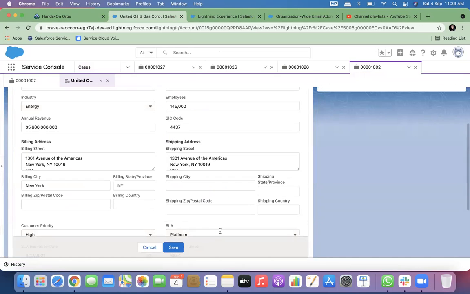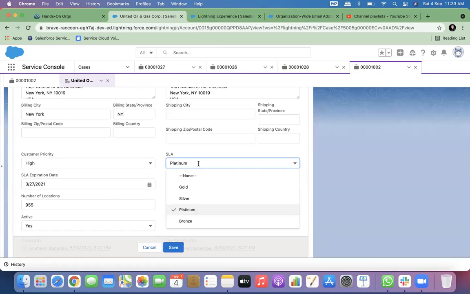So you tell what kind of customer this is. Does it need a gold service? Does it need a platinum service? Platinum service might be faster. It might be like resolutions I will give them in a day. Maybe it's a bronze customer, then probably I will give a resolution within a week. Okay, with respect to SLA, the priority will be set, just like high, low, medium, right?